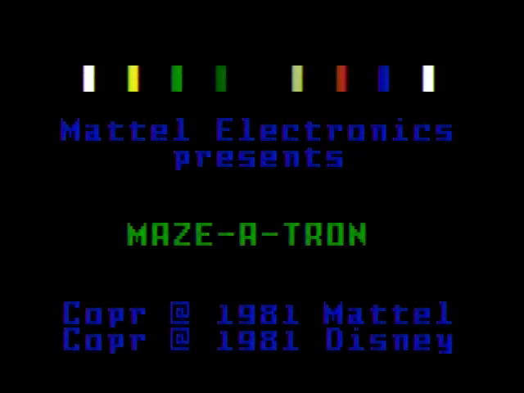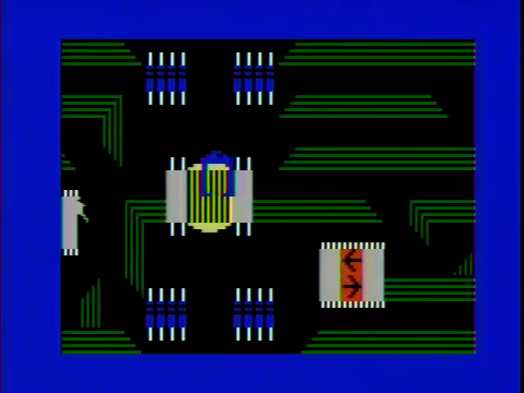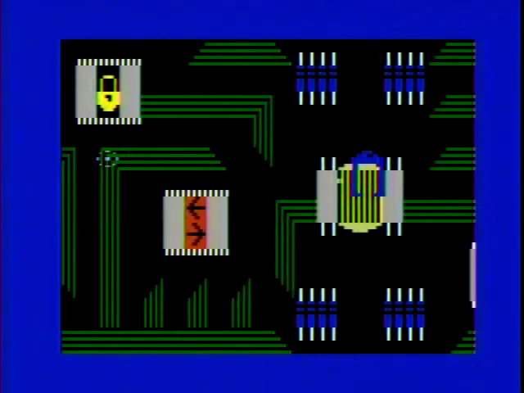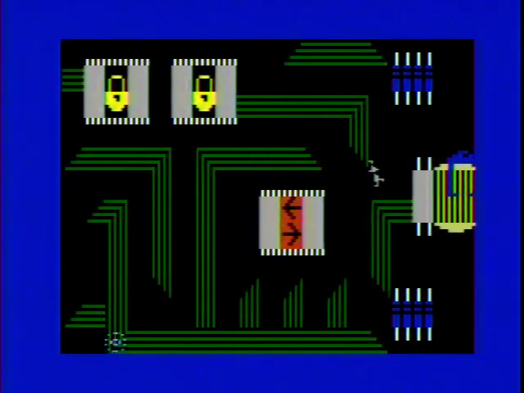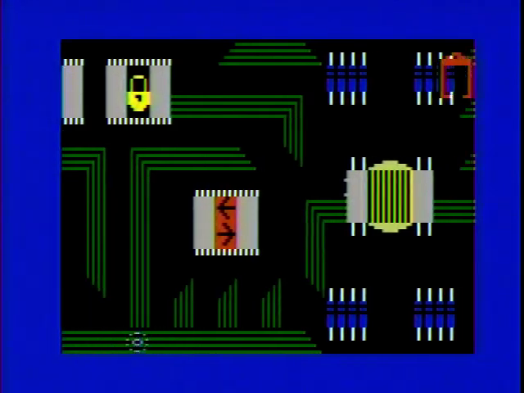Our second Tron game this week is Tron Maze-A-Tron, which also saw release in 1982 for the Intellivision system. And this Tron game is a maze game where you control not Tron but rather Flynn in his battle against the Master Control Program. Maze-A-Tron has two phases for you to play, the first being an auto-scrolling segment where you navigate various computer circuit boards collecting zeros from minor chip things in order to purge the major RAM things from